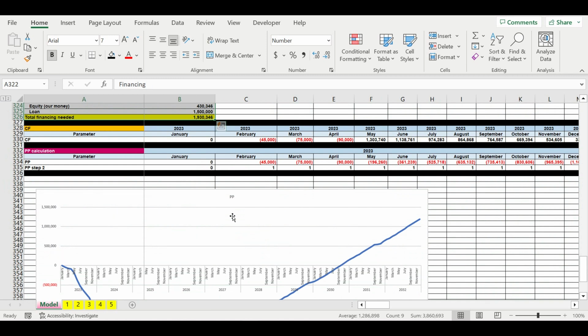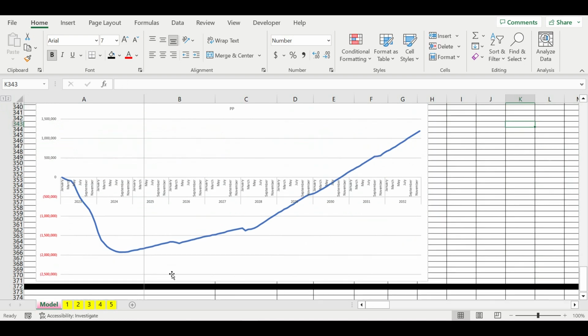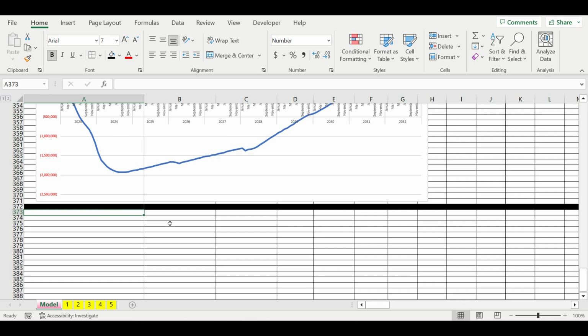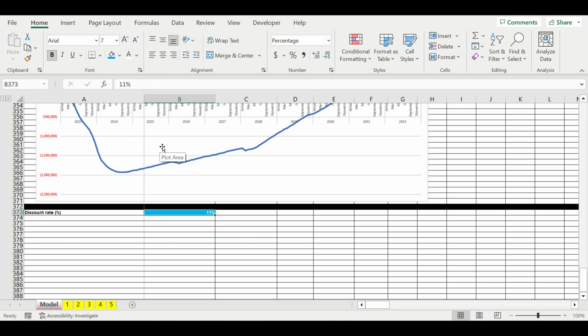In the previous video we calculated a simple payback period, and now it's time to move to the discounting process. First of all, let's set up a new parameter: the discount rate. This parameter will be nominated in percentage. Let it be, for example, 11%. This is an input, so we color it with the specific color, because we have a rule in our model that all inputs are colored this way. This makes it easy to find all the inputs. So this rate is